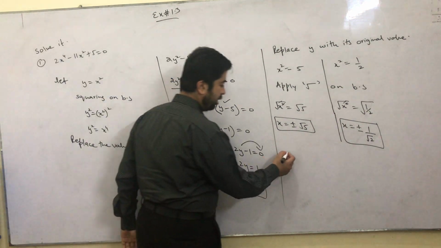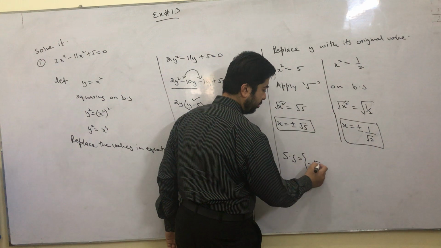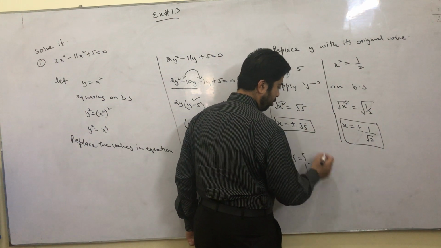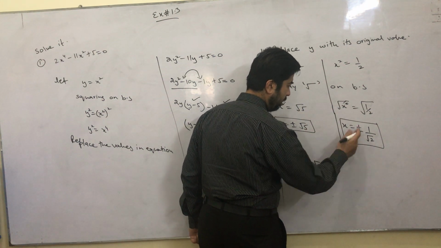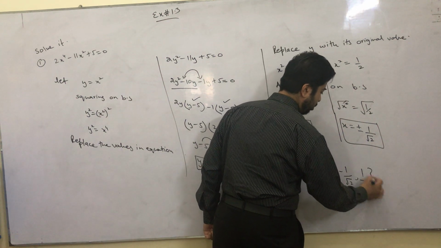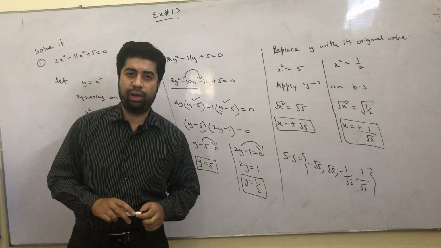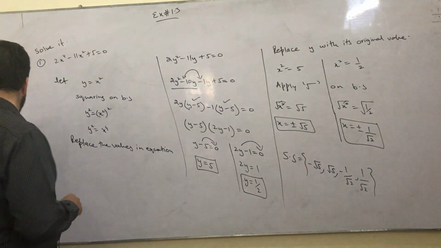So your solution set is negative square root 5, positive square root 5, negative 1 over square root 2, and positive 1 over square root 2. These are the 4 roots of this equation. I hope you understand it very well. After that,